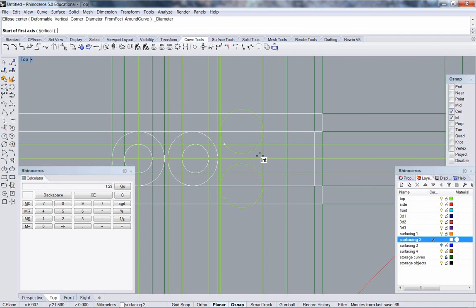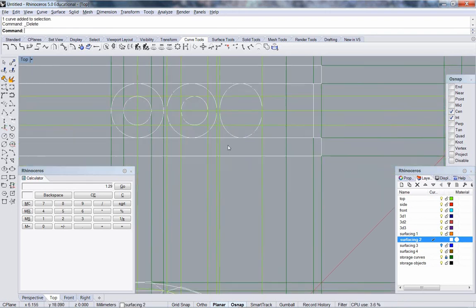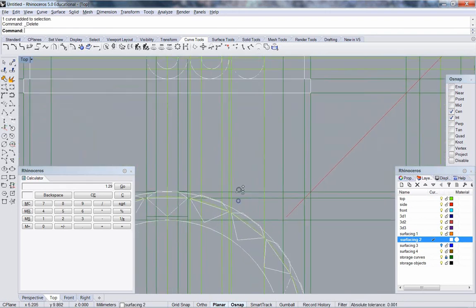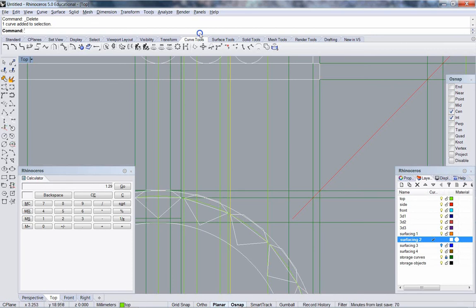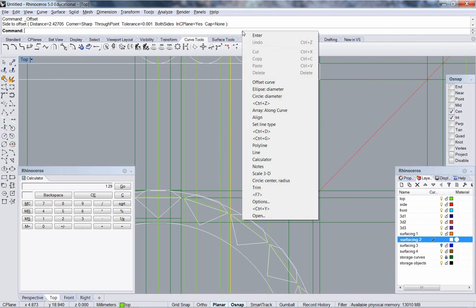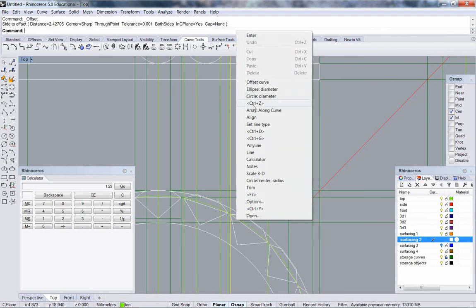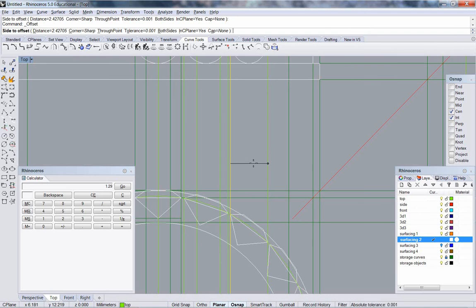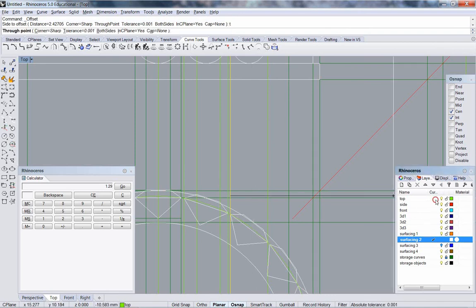Ellipse diameter, center, center, intersection for the width. Throw those two away. Offset a... Now what you saw me do there, I can right click in my command line and it'll give me my list of recent commands. Okay? Through point, construction line layer,